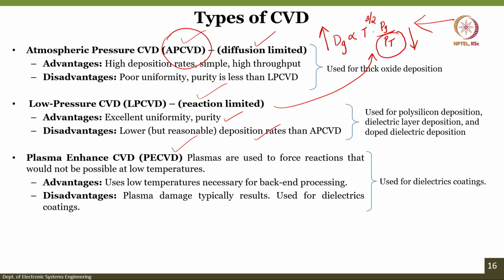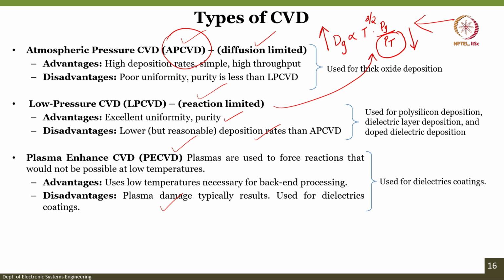But we can have a high deposition rate due to a high pressure existing within the CVD chamber, but compared to LPCVD, the film uniformity or purity would be less. And entirely different from this, we have plasma enhanced CVD, whereas instead of thermal energy, or in addition to thermal energy, we would say